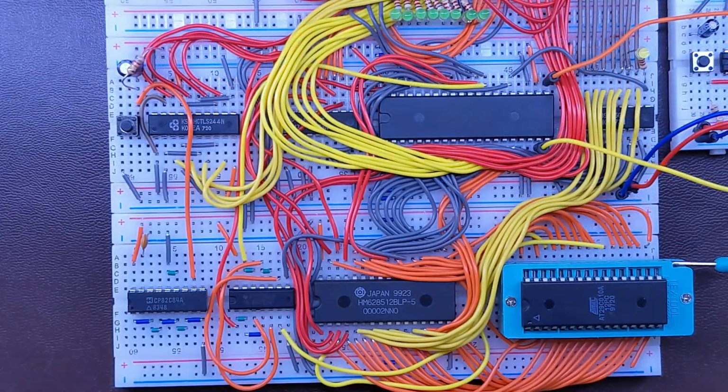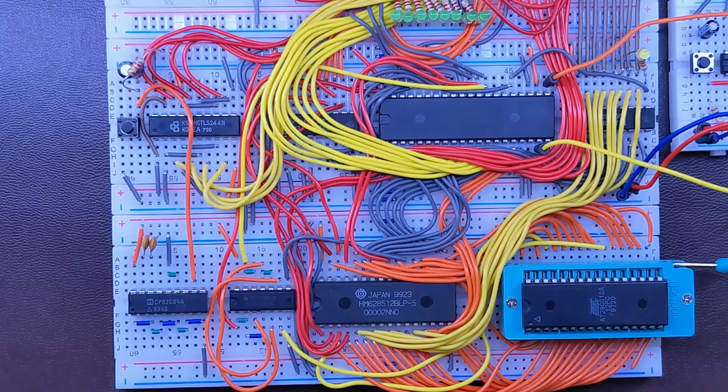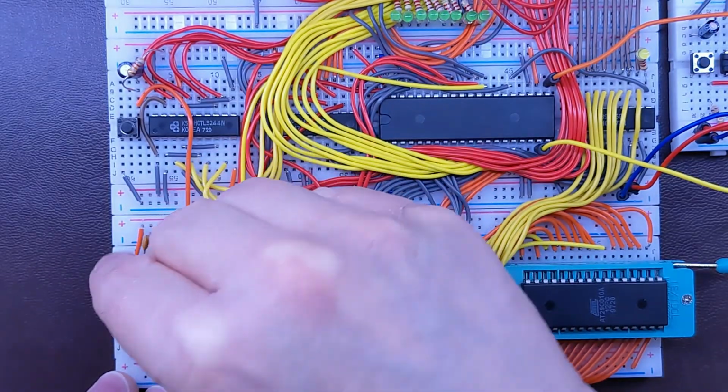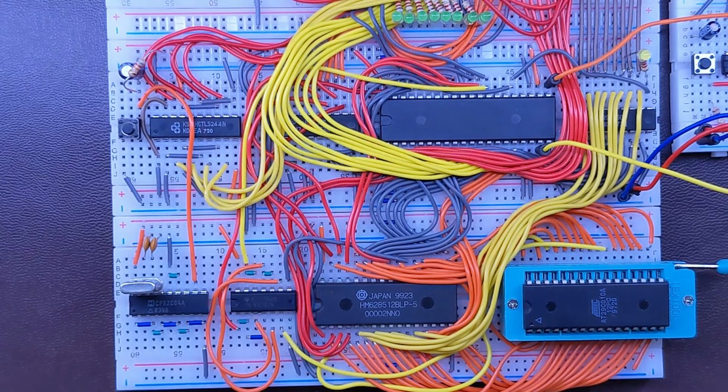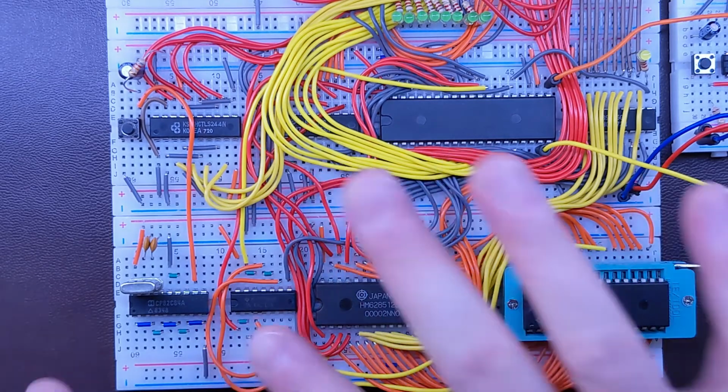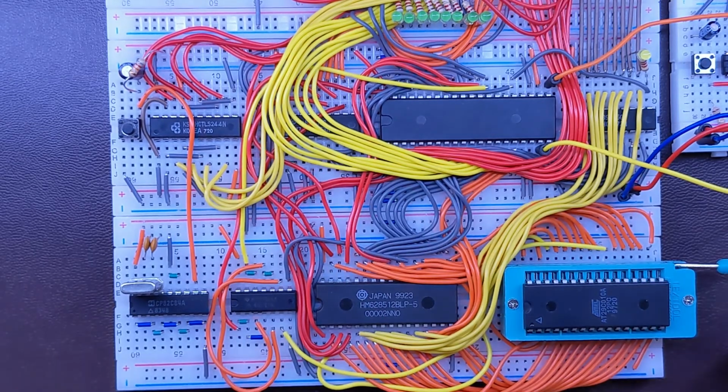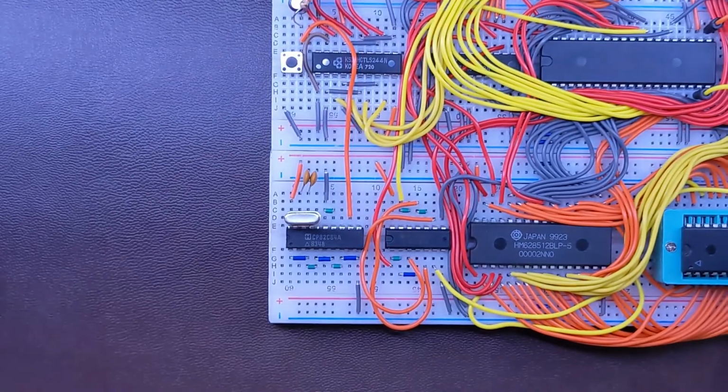And finally, the crystal. As I mentioned, I'm going to use this 6 MHz crystal, which will give us 2 MHz CPU clock. The maximum clock for this CPU is actually 8 MHz, but I think 2 is good enough for these tests. Okay, so I think we're ready to test the generator and the 8284 itself.